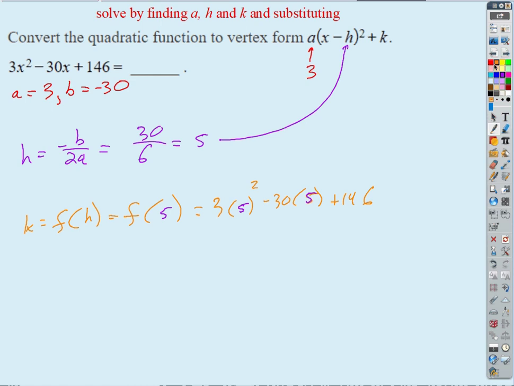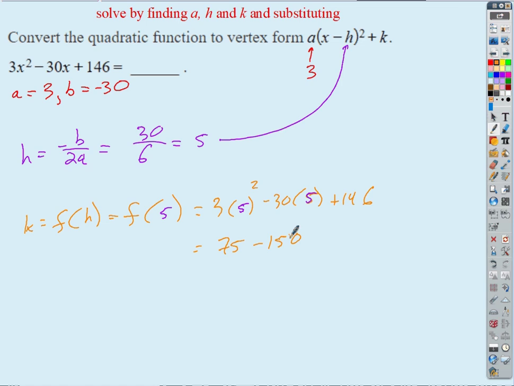And what do I get? Now, here's a question for you. When I'm simplifying this first term, do I multiply the 3 times the 5 before or after I square? After. I've got to follow order of operations, and I have to do exponents before multiplication in PEMDAS, right? So 5 squared is 25 times 3. 75. Good. Negative 30 times 5,